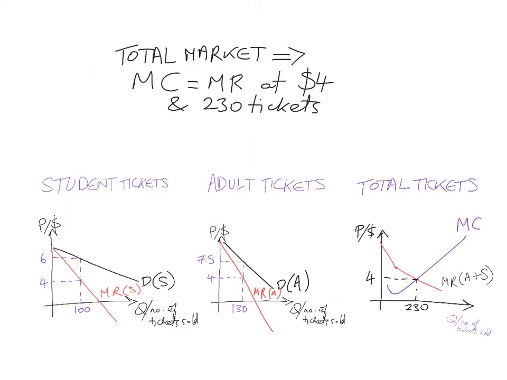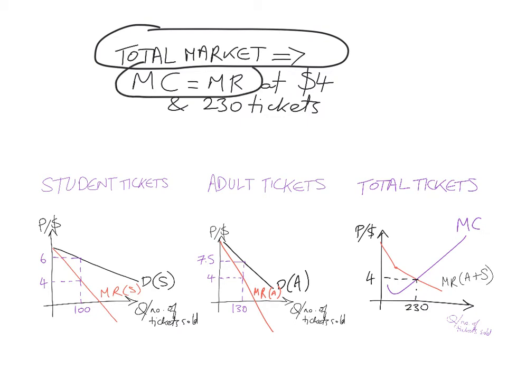So let's have a look at third degree price discrimination, because this is the one where you need to kind of know a diagram for. So assume, for example, that in terms of the total or the whole market, this is a cinema setting its prices. So this cinema wants to maximize its profits, and therefore it will charge a price where marginal